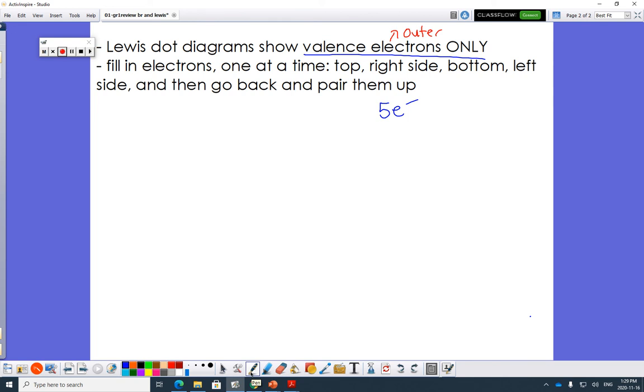So electrons do not like each other because they're both negative. So what happens is the best we can get with electrons is a pair, okay? So what you do, never eat shredded wheat, and then go back and pair them up. So they will be as far apart as possible. Something like carbon, which has 4, does not have any pairs, okay? So you have to go never eat shredded wheat and then start to pair them up. You draw this,